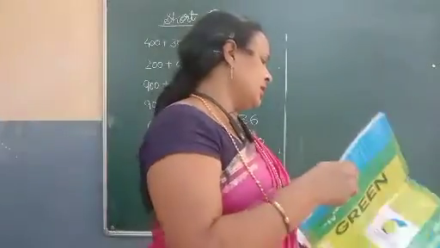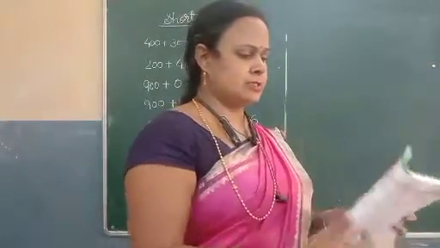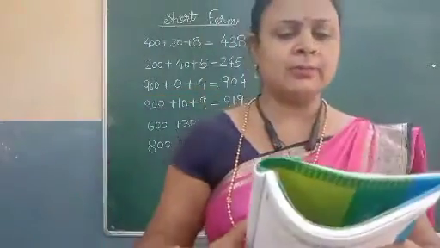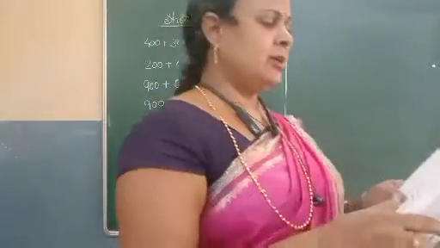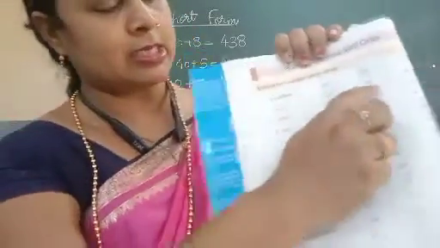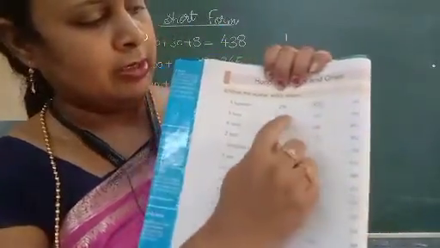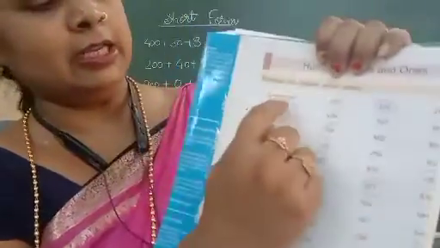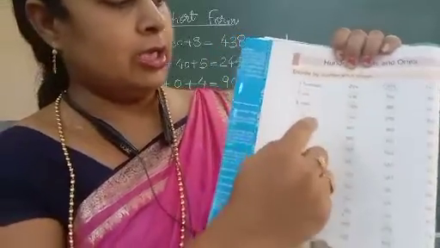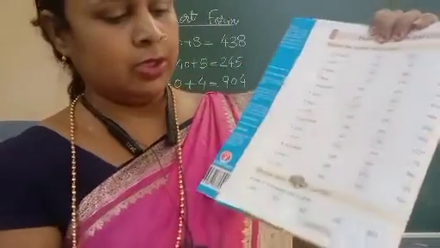Okay, now next one is in the next page, hundreds, tens and ones. All of you encircle the numbers which show 300. If 300 is given, you encircle 300 like this. Okay, now next one is 3 tens. So all of you see here, here is 3 tens. Here is no 3 and here is 300. So encircle this number. So in this way all of you encircle all these numbers. You can do it in your book.